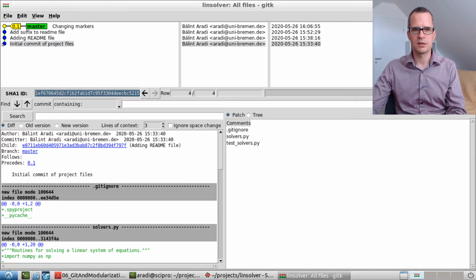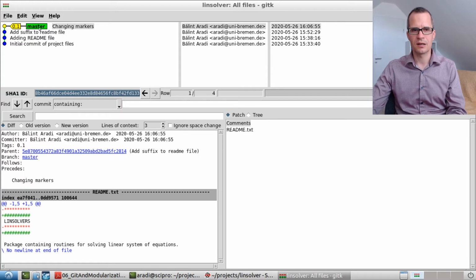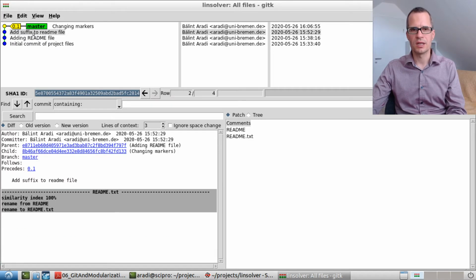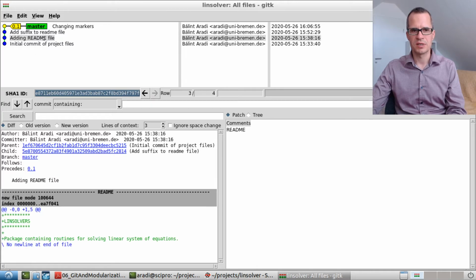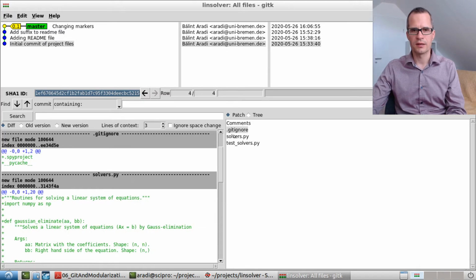and you see this is where we started and this is where we are, and you also see this is a tag 0.1, and this is exactly also at the end of the master branch. So basically this is where the master branch pointer points to, and you can click on the individual releases, and then you see what kind of files were changing, and you see also the log messages. So basically you get a quick overview over what happened,